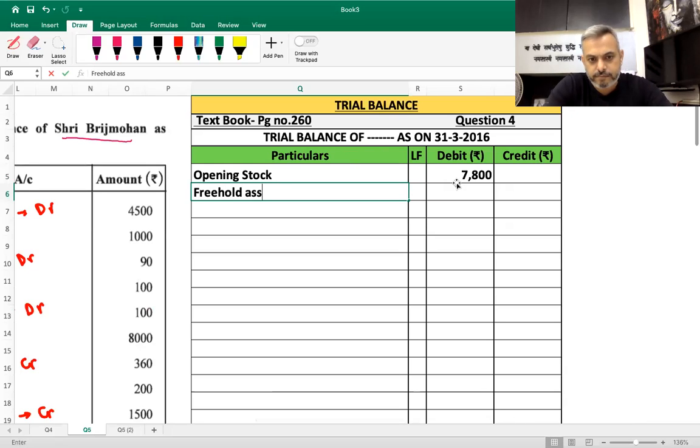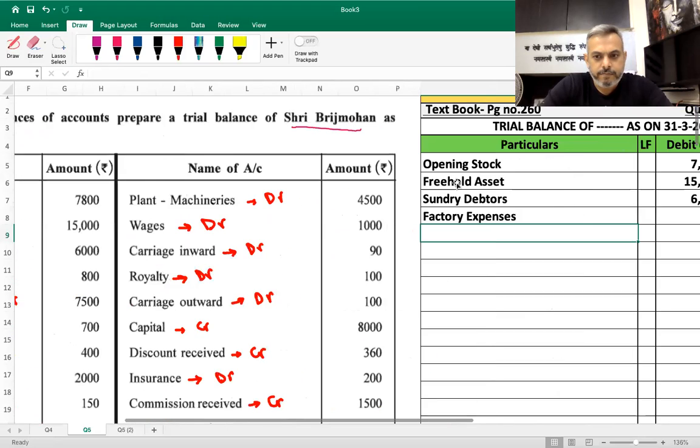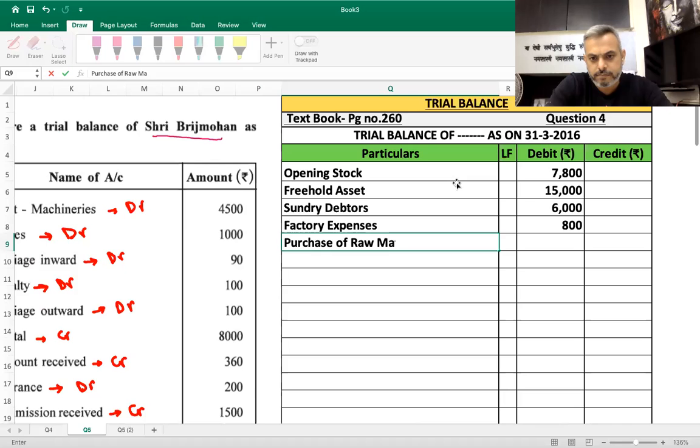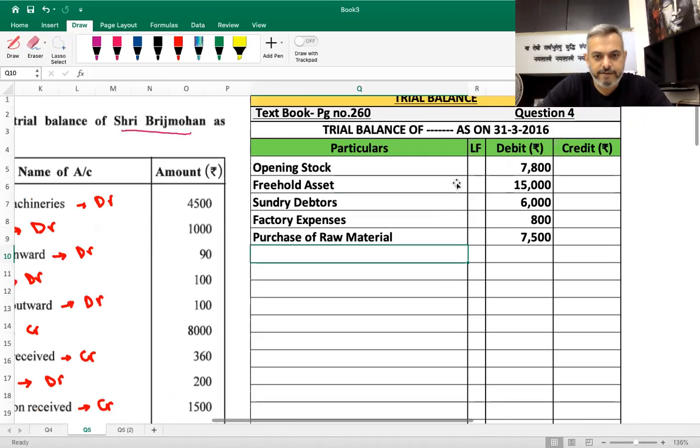Freehold asset, debit 15,000, sundry debtors, debit 6,000, factory expenses, debit 800, purchase of raw material, debit 7,500, factory rent, debit 700,